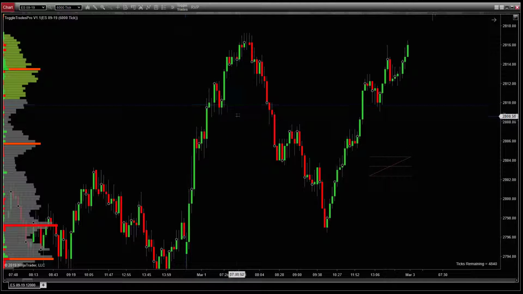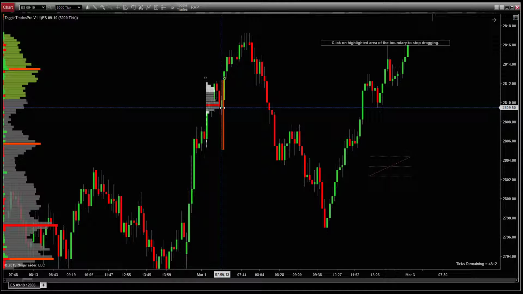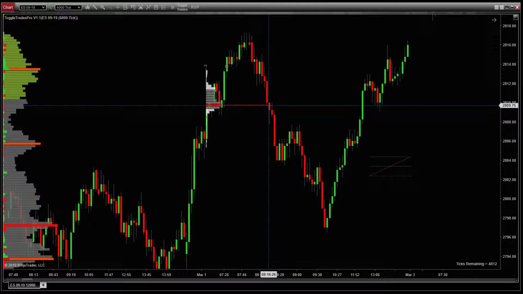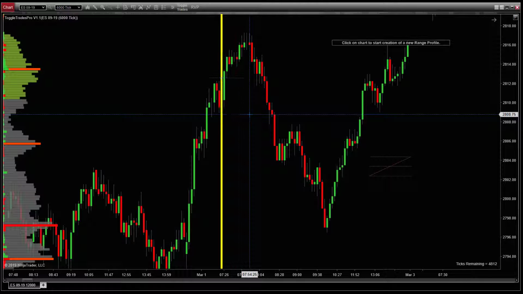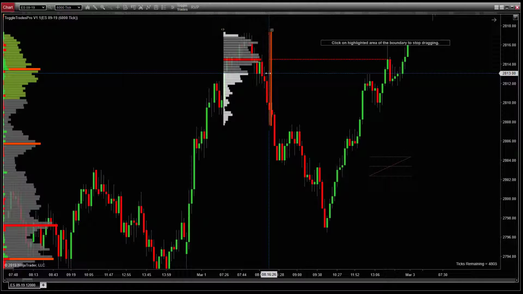How about this one right here? A little bit light, a little bit thin. You really want to see a big bulk. You can see that it tried to play this level, failed. But you've got kind of 2-tier trading right here. But if you look at this one,